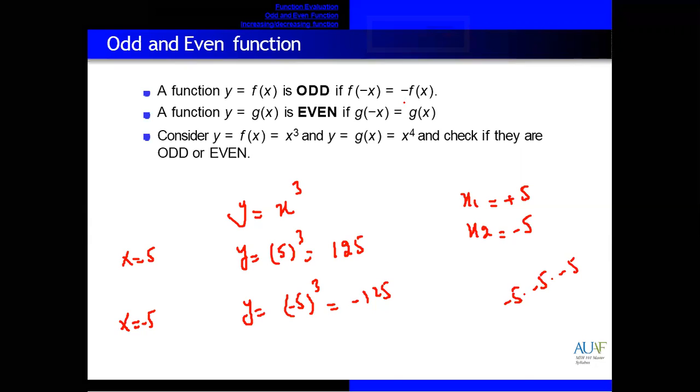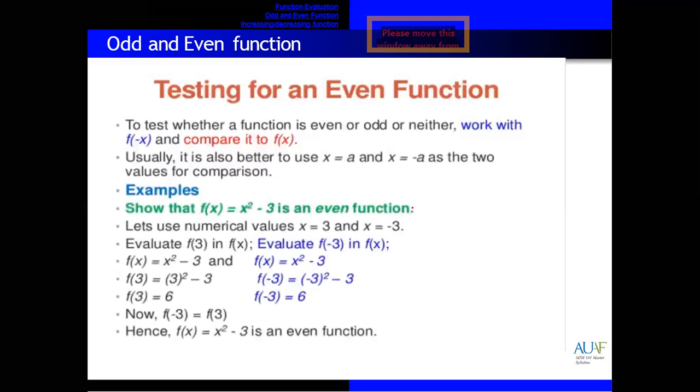Okay. Simply, you can say when the powers of the variables are even numbers like 2, 4, 6, 8, that function will be an even function. When the variable powers are odd like 1, 3, 5, 7, 9, that function will be an odd function. But sometimes a function will be neither even nor odd. Other possibilities are also there. Let's try one example.